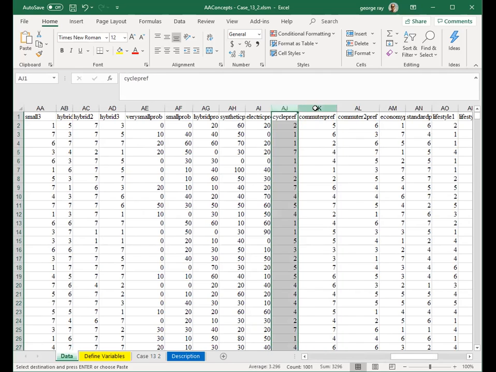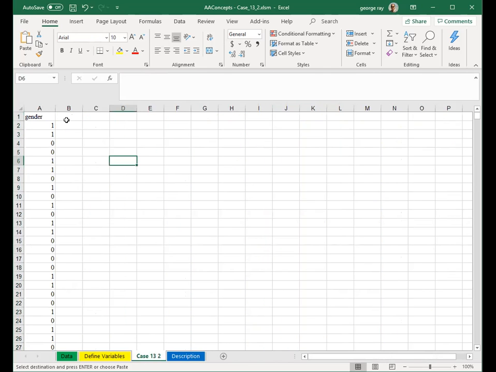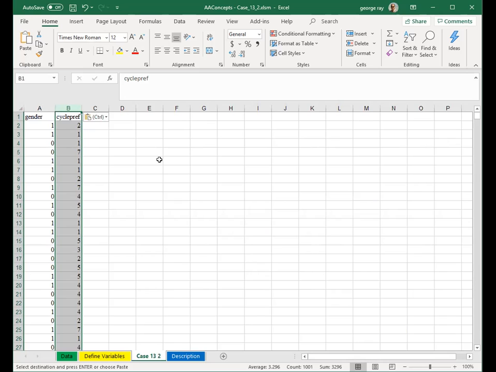Mine is AJ, yours is AK. So I'm going to copy my column AJ. So I highlight it, hit Control C as in Charlie, come back to case, and paste it in with Control V as in Victor. Now I've got my data that I can actually use to do a two-group average that